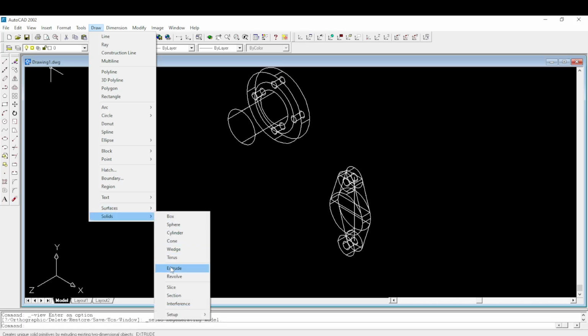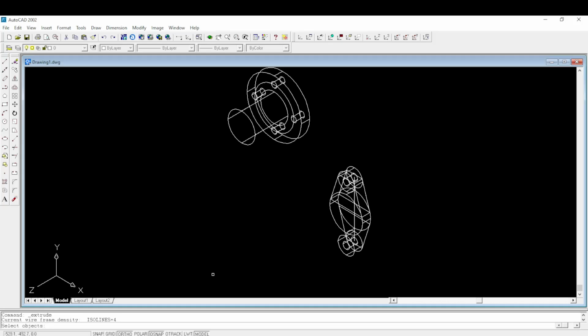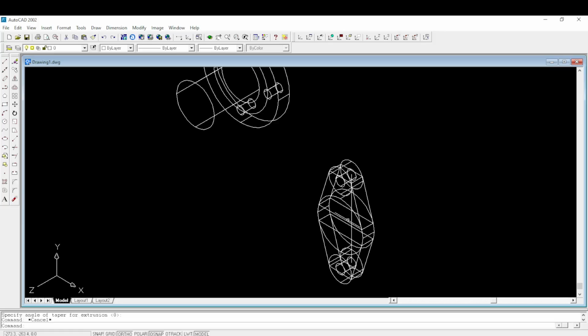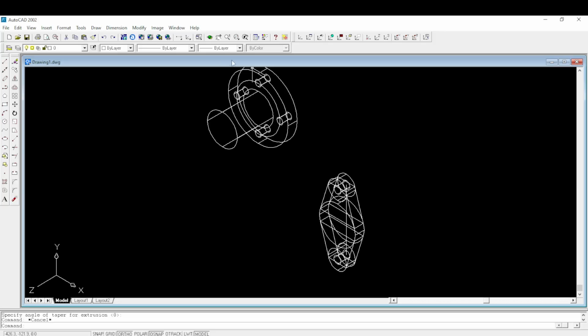Solids, then extrude at a height of 15, enter. Sorry, we didn't select the object, so the object is this one, enter. Height of extrusion 15, enter, enter. So we realize that our drawing will be much more visible. So we can also